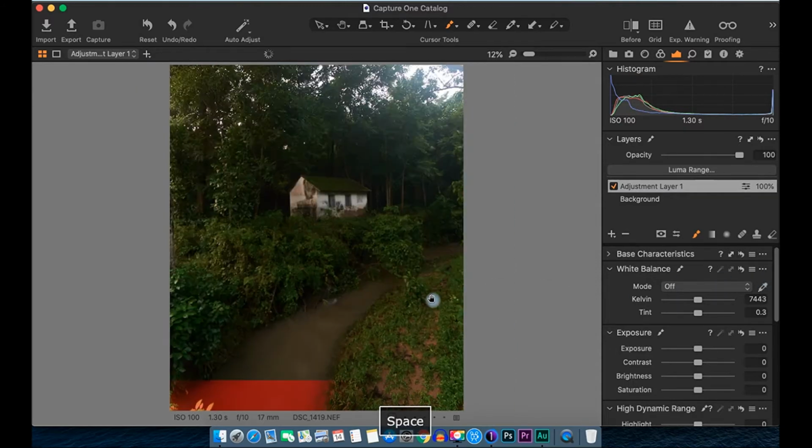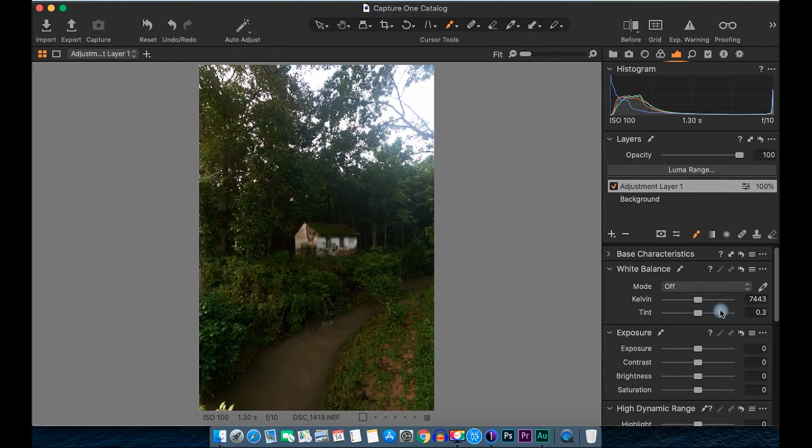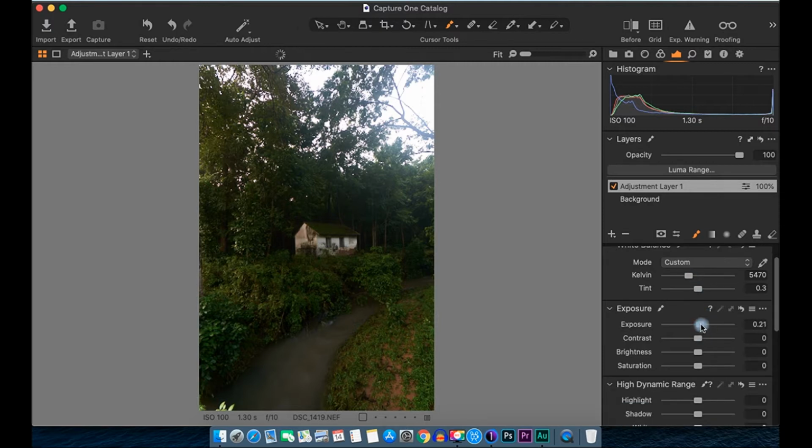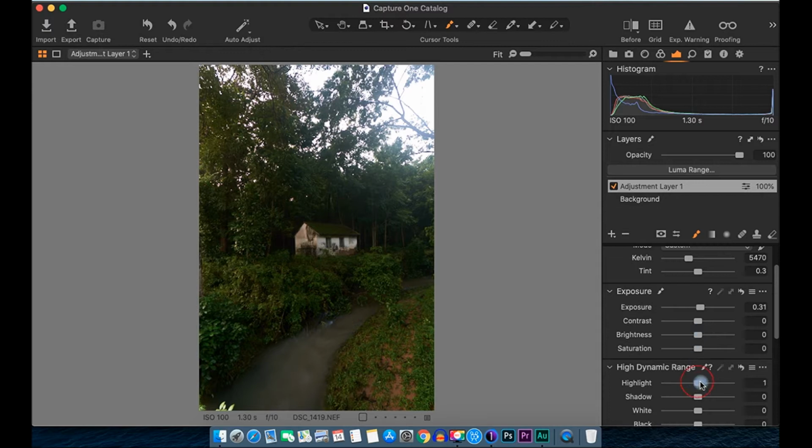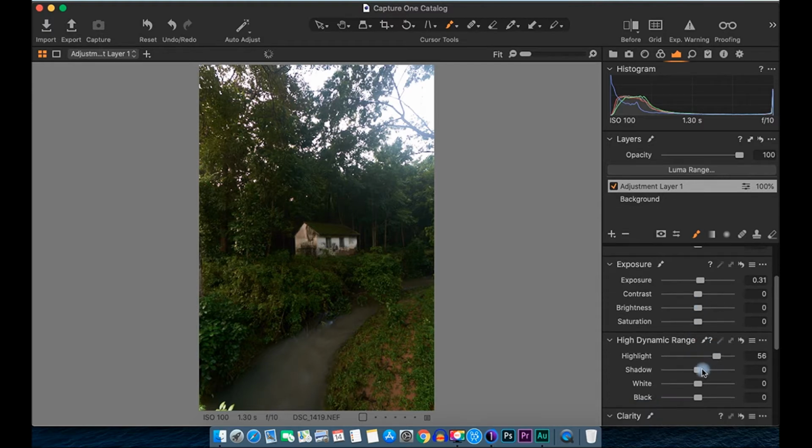Zoom out a bit. Now since it is a water body, let's cool it a little bit because it's very muddy. This should be fine, and I'm going to brighten this a little. This is a little too much. Increase the highlight, increase the shadow as well a little bit, and give a bit of contrast.